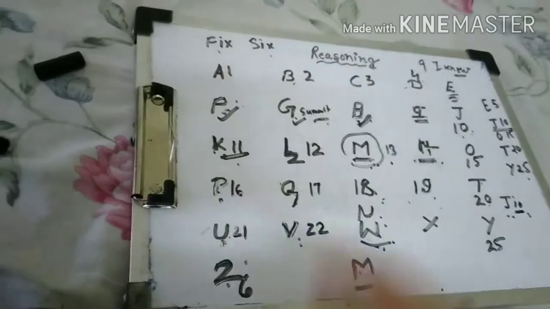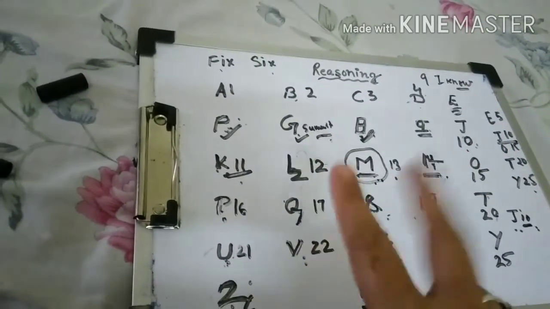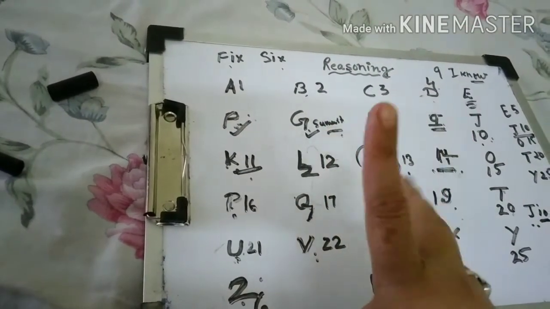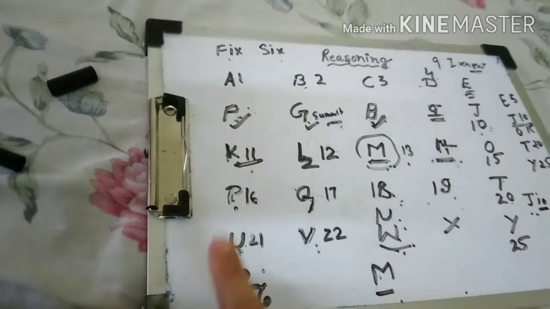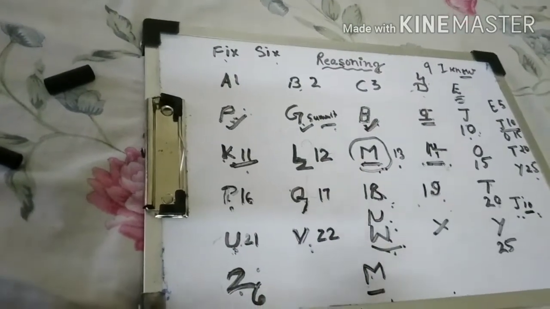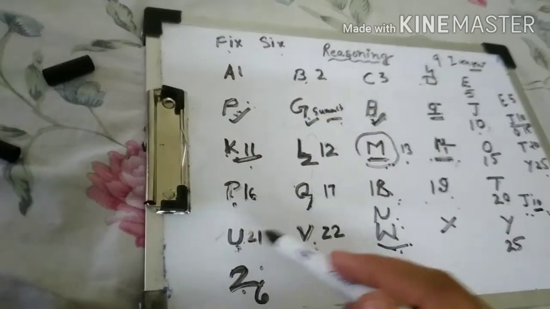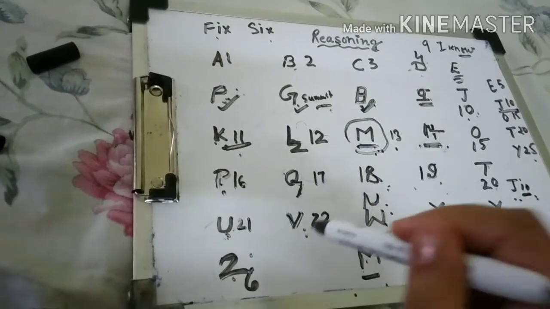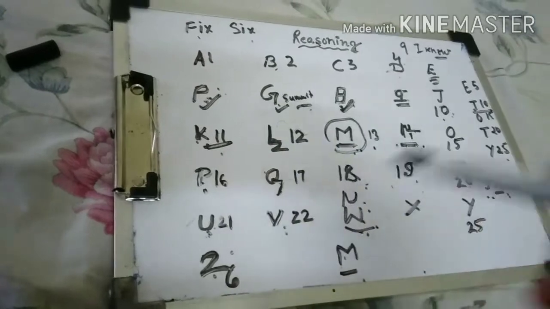V you can also remember like 2. How many fingers do we use to make a V? 2 fingers we use to make a V. So you can remember like 2. Like this also you can remember V. And the U also you can remember with the help of what? TU, TUV, T20, UV make the highest runs in the T20 match. So U represents 21.